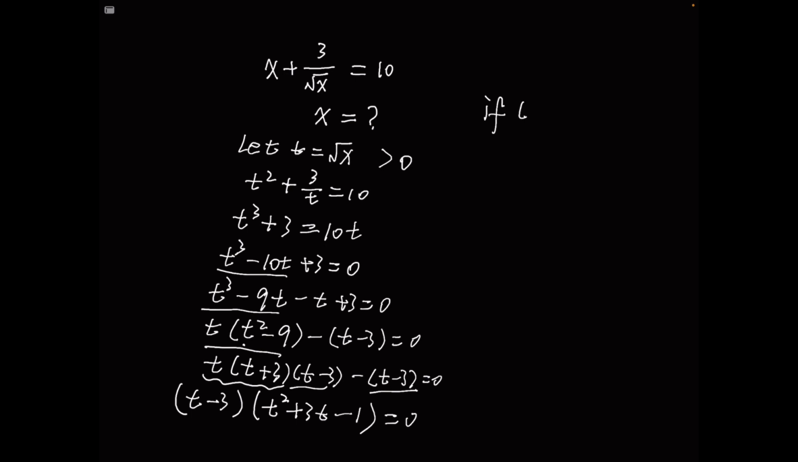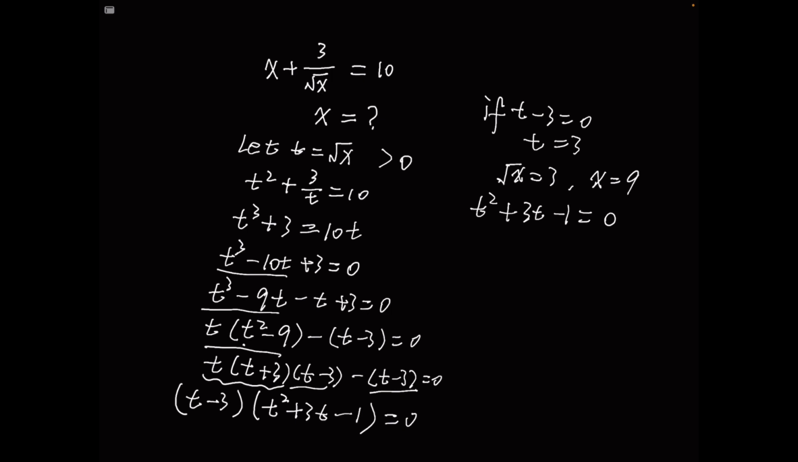If the first factor t minus 3 is 0, it means t equals 3, right? So t equals 3, which means square root x equals 3, so x equals 9, right? Okay, another case: if the second factor, t squared plus 3t